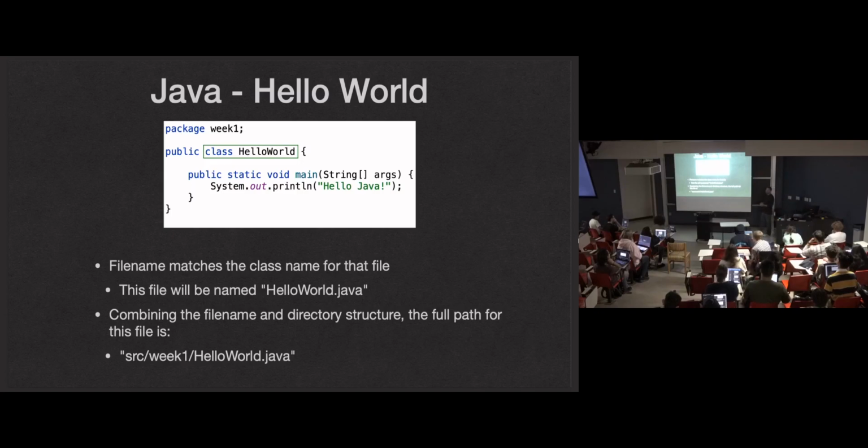Java will make sure this code is right there, which is nice because if you're looking at the code, you know exactly where this code exists, where it came from. But the other way around, if you're looking at the directory structure and you see this file named HelloWorld.java in the directory week 1, you know that that's defining a class named HelloWorld, and it's in the package week 1. So this is some structure to our programs, to our projects, that Java will enforce. We can't just throw our code all over the place and mix it up in weird ways. This does imply that your files can only have one class per file, no,